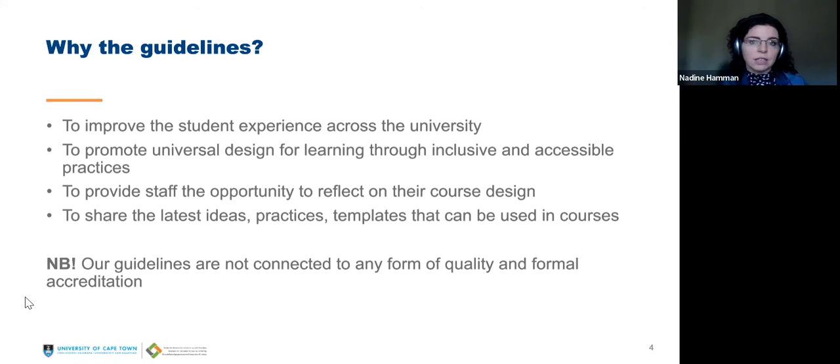There's a project currently running at UCT called Redesigning Blended Courses, which has a very, very strong Universal Design for Learning focus. And then we also want to give staff the opportunity to reflect on their course development. And as I said previously, also just to share the latest ideas, practices, and templates. So what we are aiming to do is, within this checklist, also have links to other sources,